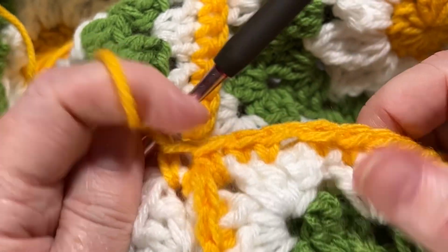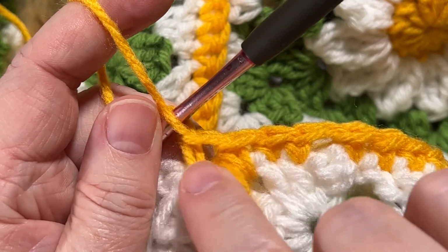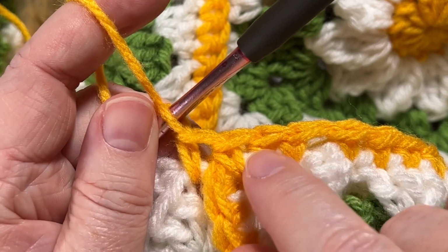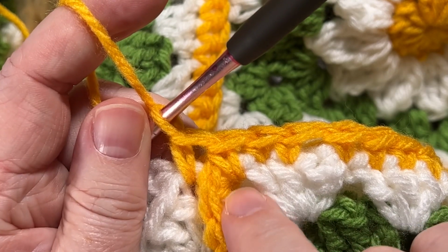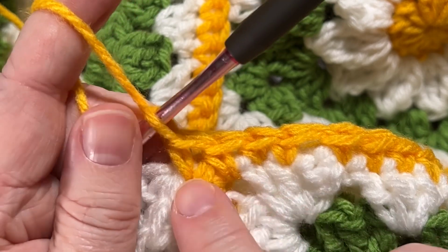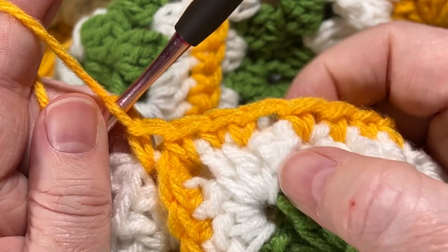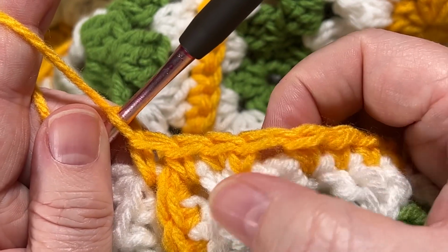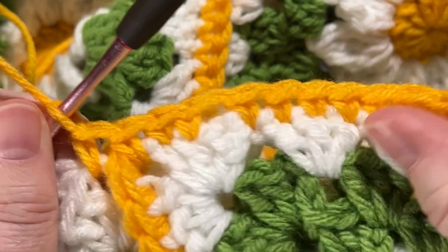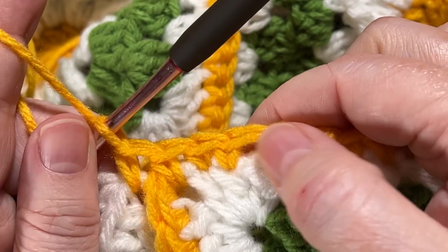single crochets, okay? And then you can see, like I said, sometimes you've got to roll this little part back and forth, but you can see I've got a single crochet here in this chain space and a single crochet here on the other space. And when you look back where this kind of thick area was, where your knots were, that does look like it's a little bit bigger,